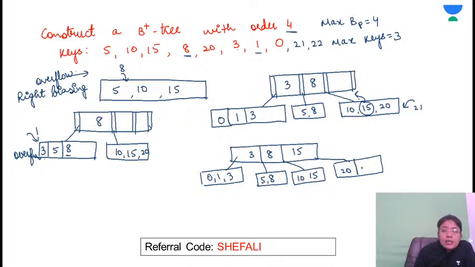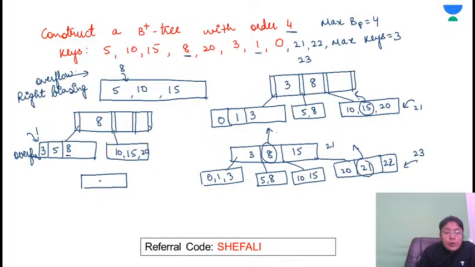Next, I want to insert the elements 22, 23. 22 will be inserted here, no problem. Next, I want to insert the element 23. It's a case of overflow. So which node will go up? 21 will go up. In this case, when 21 is coming here, again it's a case of overflow, so 8 will go up. So at the root, we are getting 8,